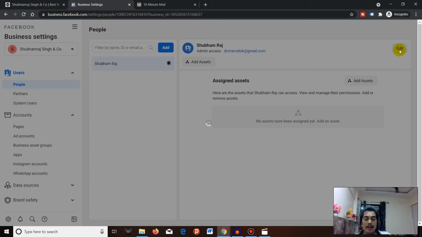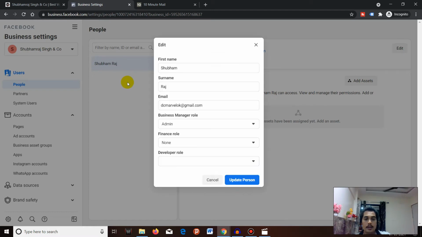You can also edit the permissions and the role of anyone. For example, currently I am the admin of this account, and I can give myself the financial editor as well as financial analyst role. You can see there is the Business Manager role, there is a finance role, and there is a developer role. So you can give anything, but basically this is not needed.